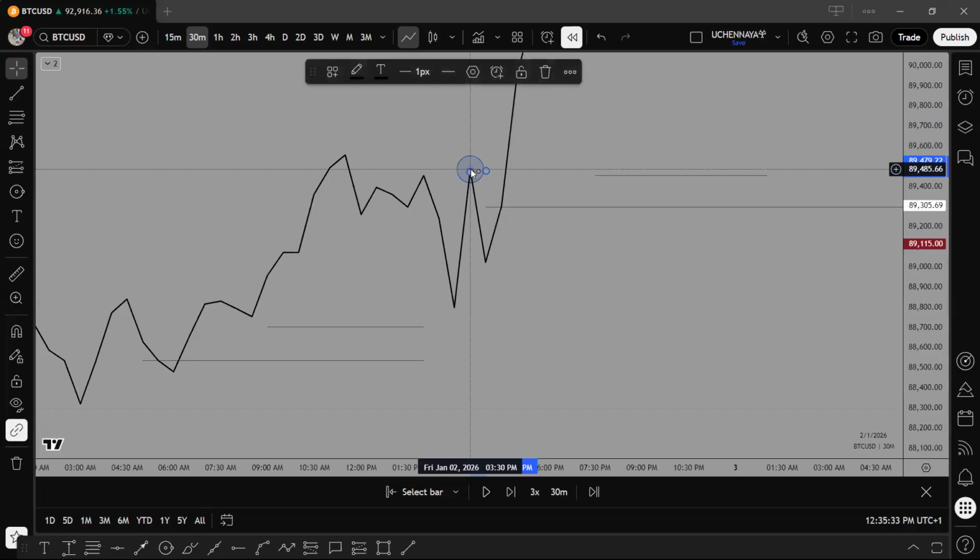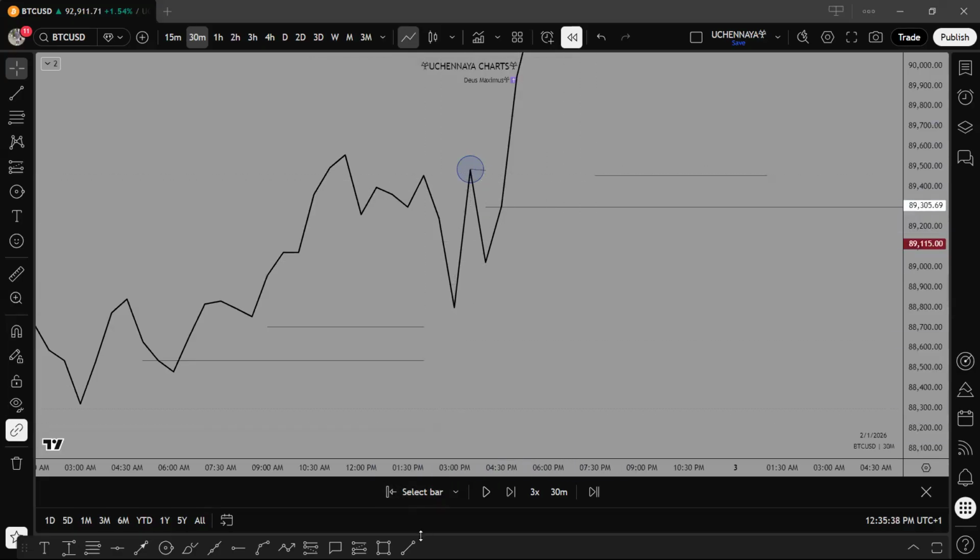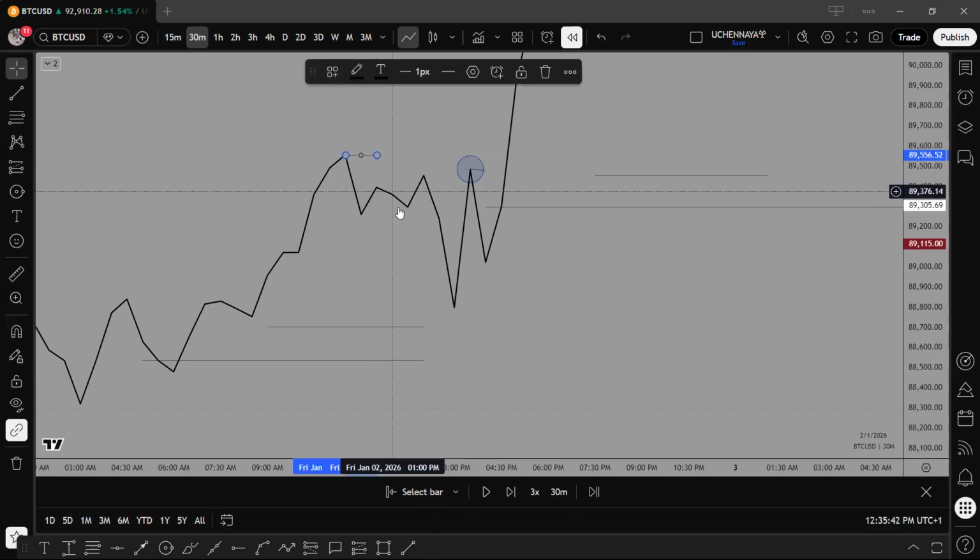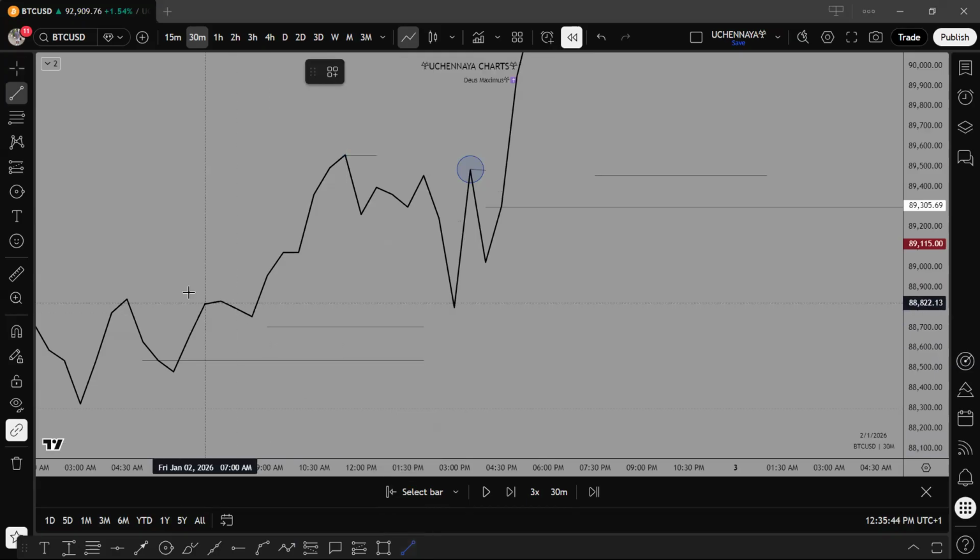Doesn't have to be perfect. It's an example. So look at this. Now, when you go to your candlestick chart, you will see that all these levels marked, even this, even this,